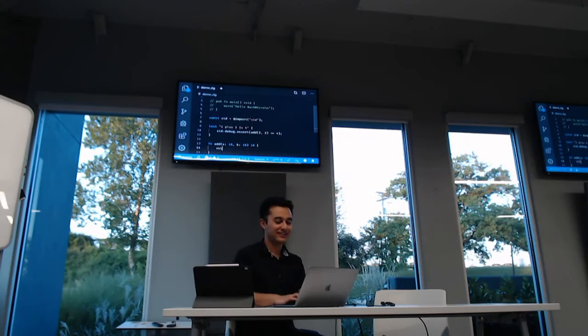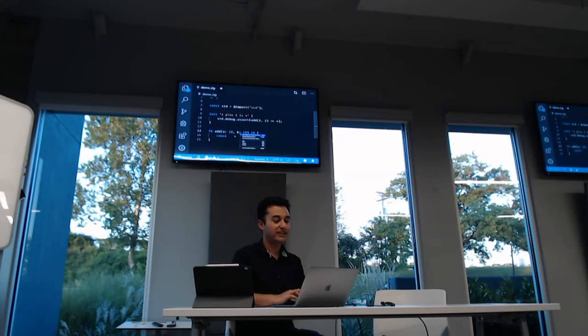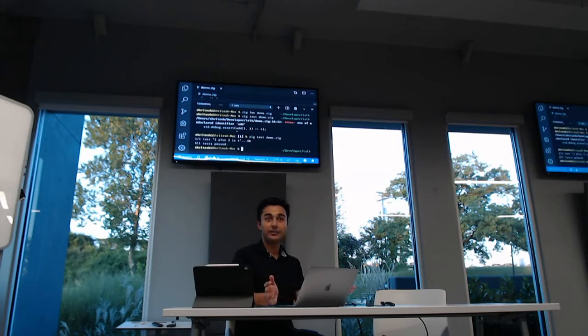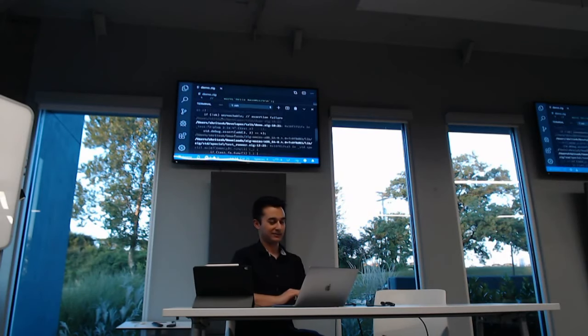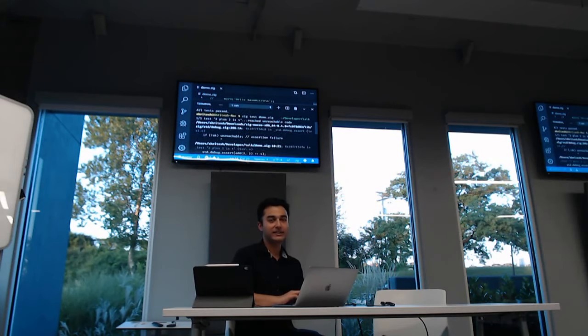Let's make it more verbose. I'm going to declare a variable called sum. You could do a var sum or a const sum, but because I know I'm not going to change this sum after I've computed it, I'm just going to do a const. Sum equals a plus b. Now return sum. Now I can run the test again, and it passes. But let's say, instead of add, I was doing a sub, like I got it wrong. If I run the test, now this is the fun stuff when it comes to Zig: you get stack traces.